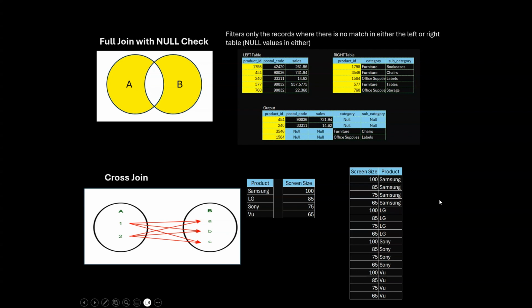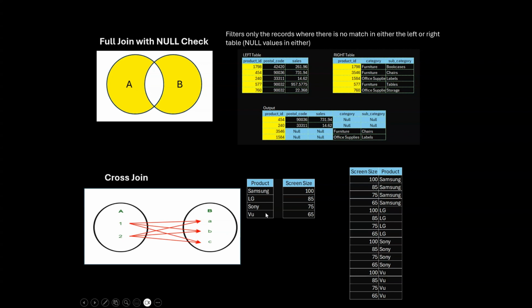So the last one is interesting. It is kind of related to all the tables we discussed about. It's called cross join. What cross join means is that it takes a combination of each of the elements from the other table and retrieves the data. So for example, in my example,